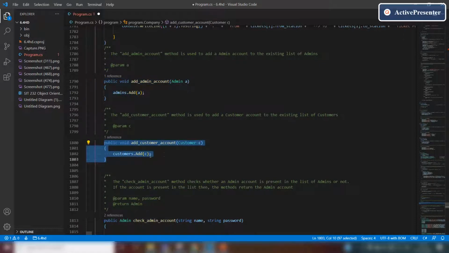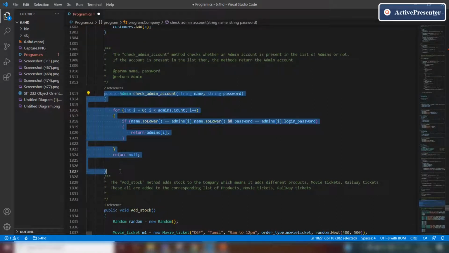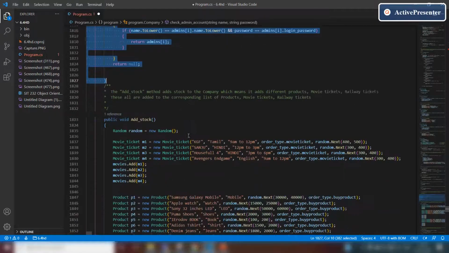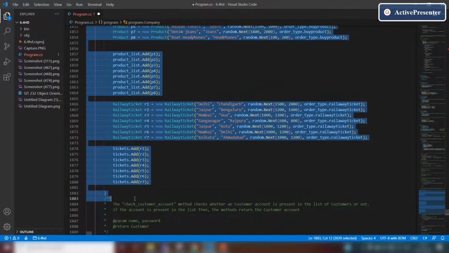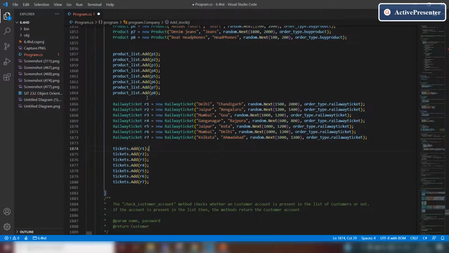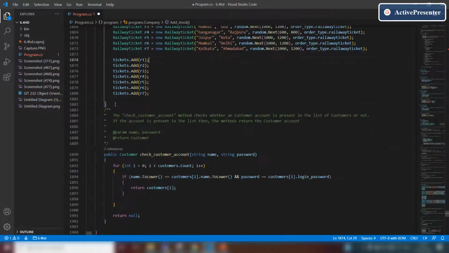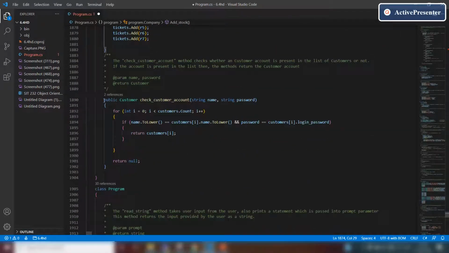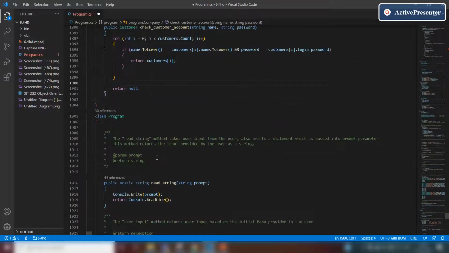This is the method to add a customer account, and this is the method to check whether any admin account is present in the company or not. This is the method to add stock to the company for different products, different railway tickets and different movie tickets. This is the method to check whether a customer account is present in the company or not.